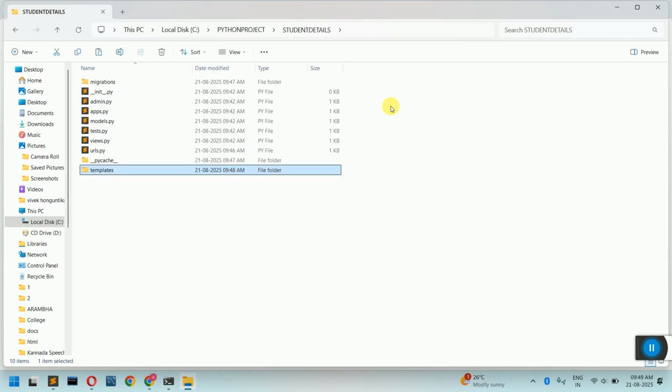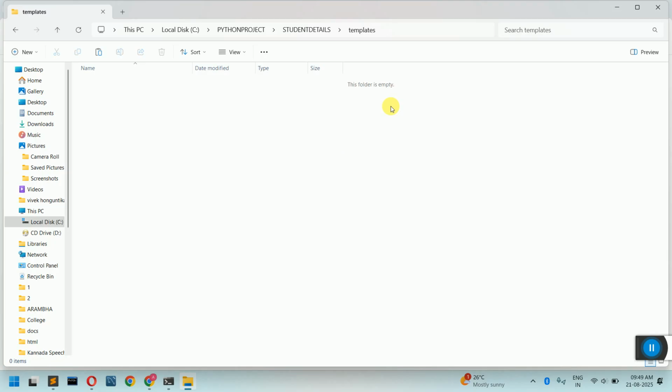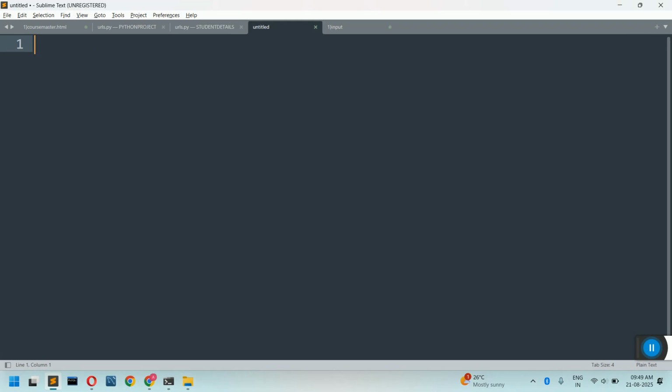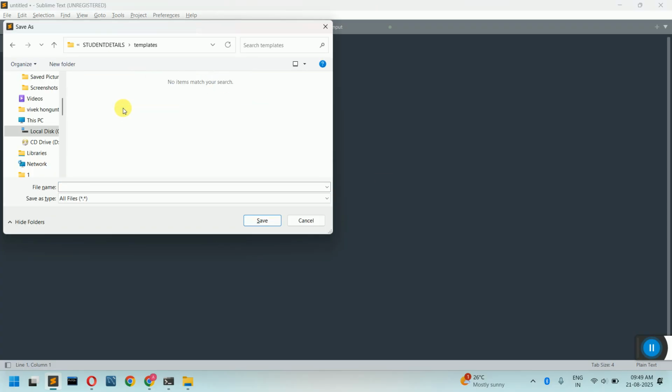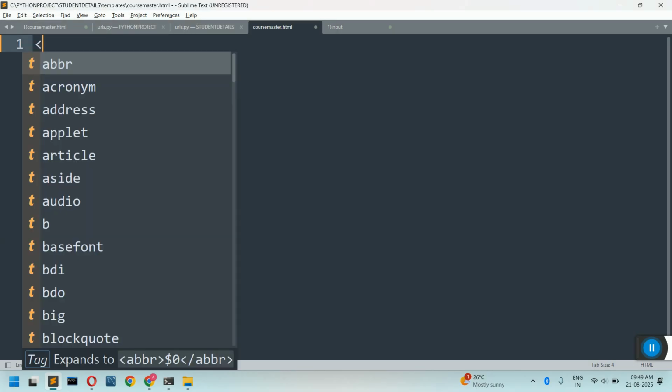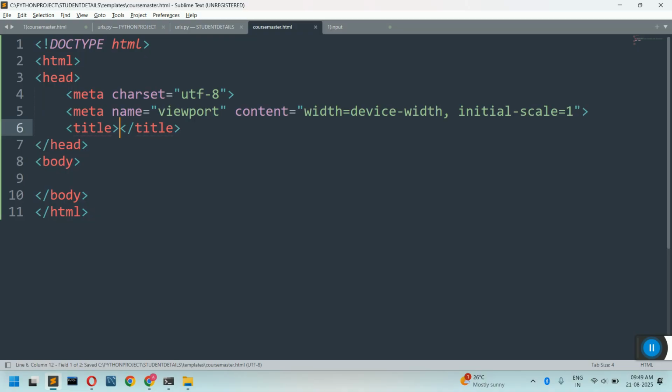Spelling mistakes should not be there. Inside the templates folder, put all your HTML files in this case. Now I want to add course master. Okay, so what do I do? I will create one HTML file here, or you can do it directly using Sublime Text, and save it. First thing I'll save inside the templates folder. So inside the templates folder I will say coursemaster.html and click on enter, and the HTML structure is there right now, and here I will say